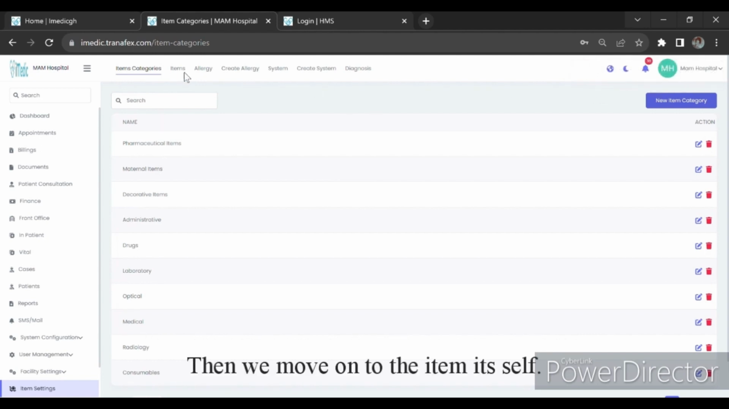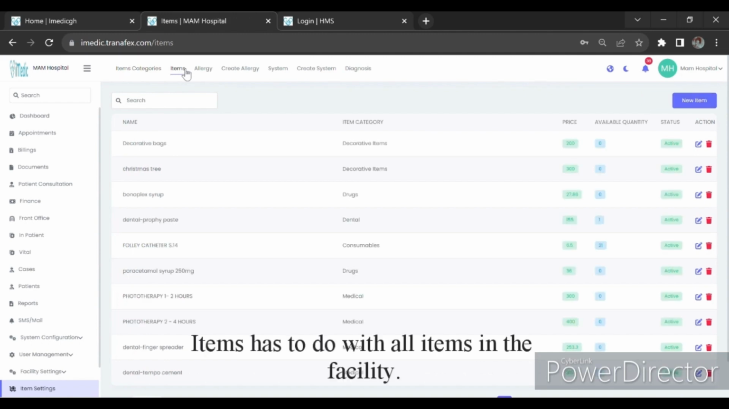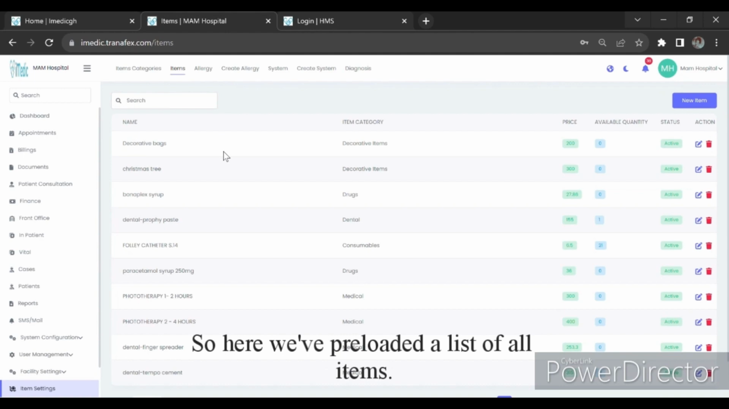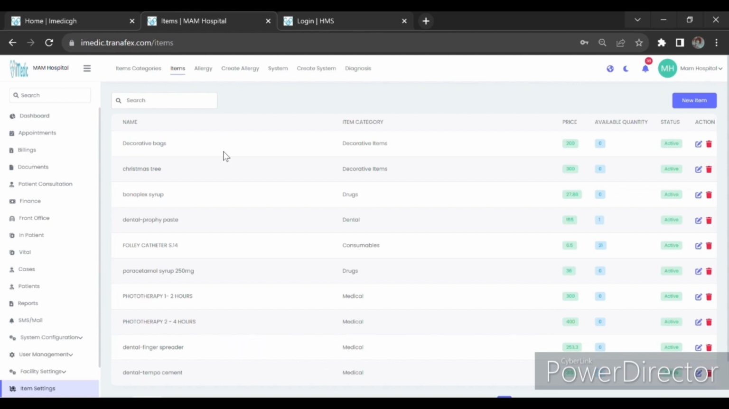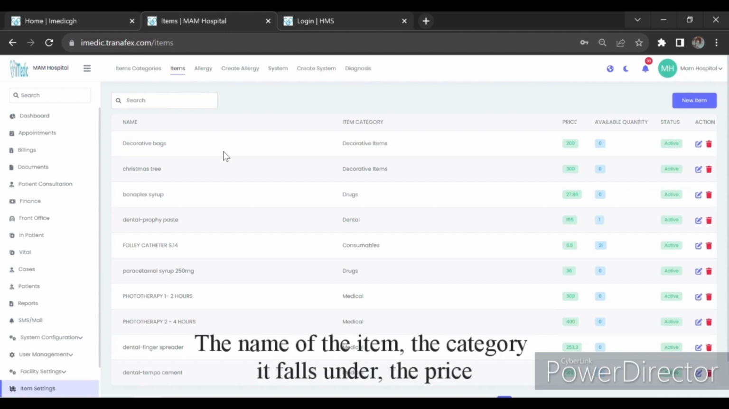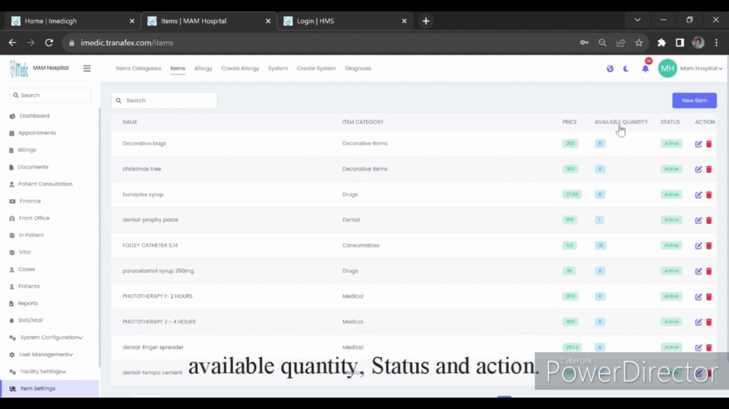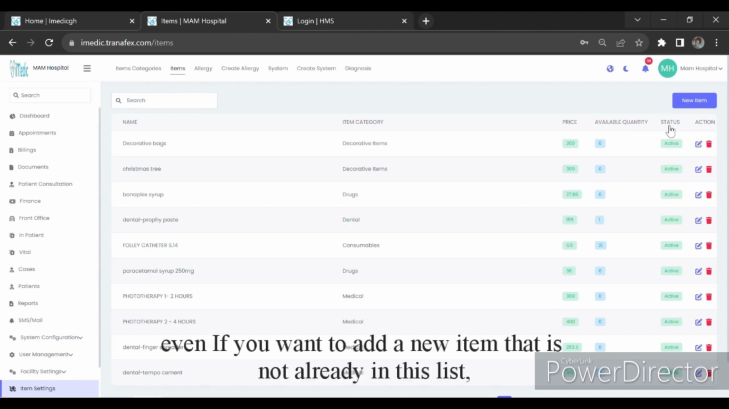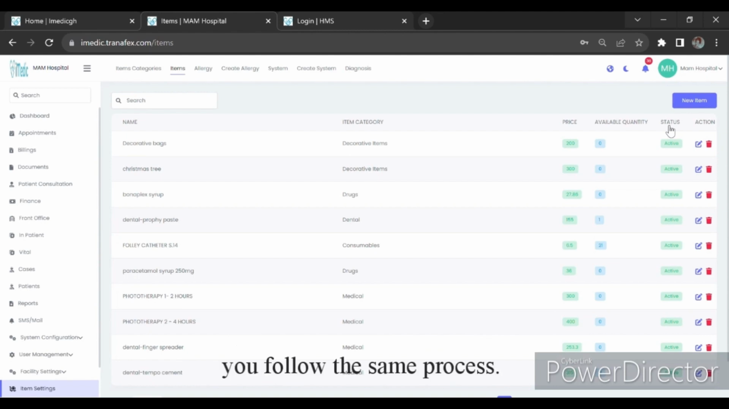Then we move on to the item itself. Items has to do with all items in the facility. So here we've preloaded a list of all items. The name of the item, the category it falls under, the price, available quantity, status, and action. If you want to add a new item that is not already in this list, you follow the same process. You click on new item here,